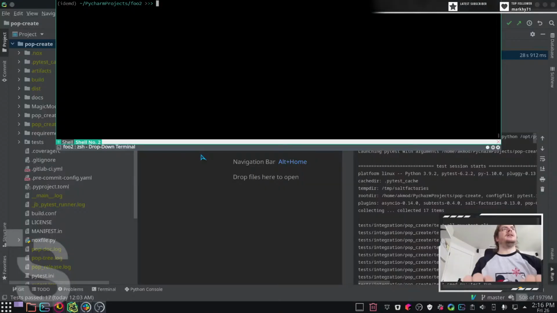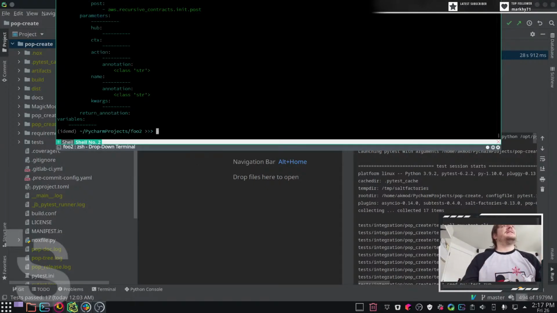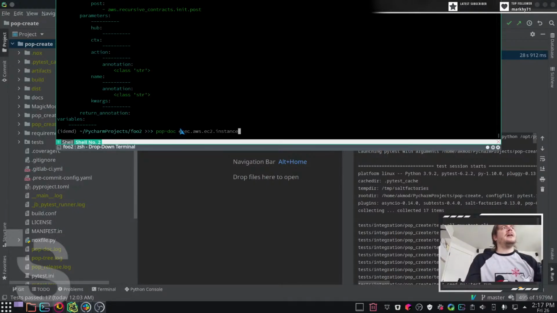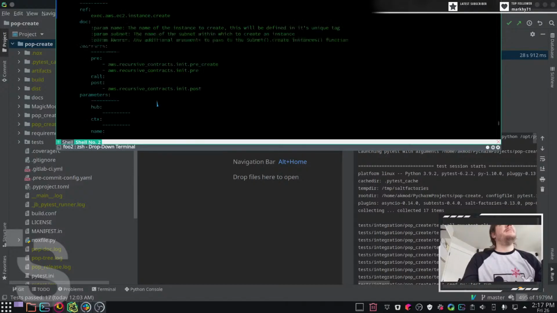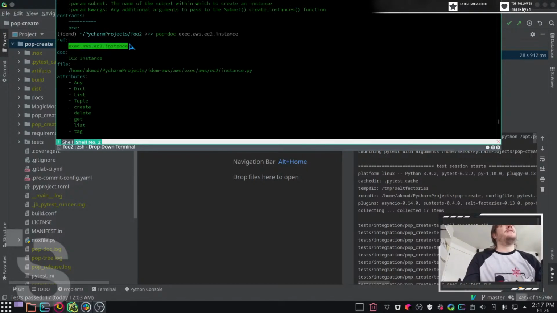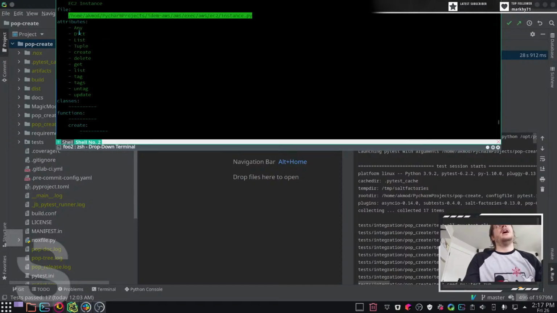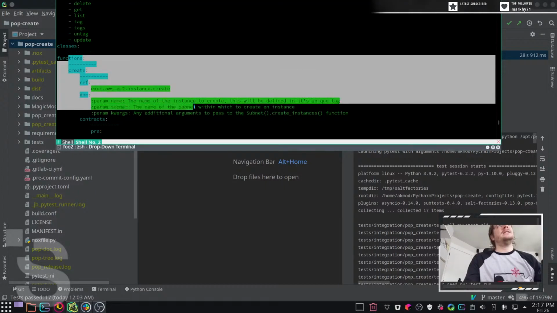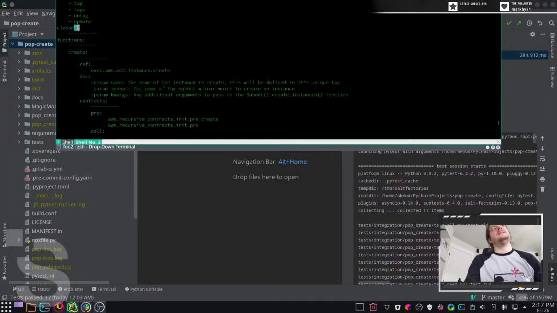When you say instance, I pass a reference on the hub, pop.doc exec AWS EC2 instance, and instance is a loaded mod. It has functions. I can see this loaded mod. It tells me its reference on the hub, the doc string for the module, the file the module is located in, any global attributes of that module, and a list of all the functions and classes, but who's using classes